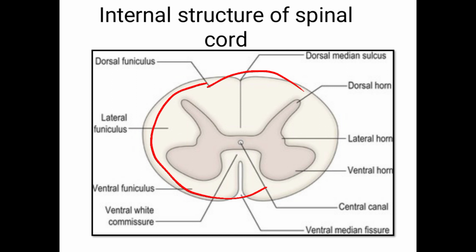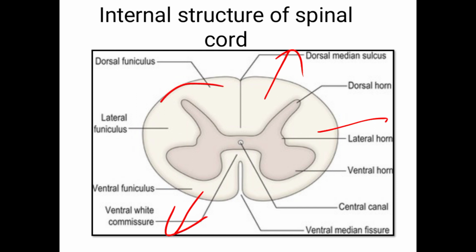So this is the internal structure of the spinal cord. So remember two parts there. One is the gray part, one is the white part. In the gray, again you see the canal called the central canal. This part is called the ventral horn, otherwise called the anterior horn. Posterior horn, otherwise called the dorsal horn. Then the white matter of the spinal cord, here again the parts are called funiculus: anterior or ventral funiculus, lateral, and the posterior funiculus. In this part you see the tracts. So the tracts are called ascending tracts and descending tracts.